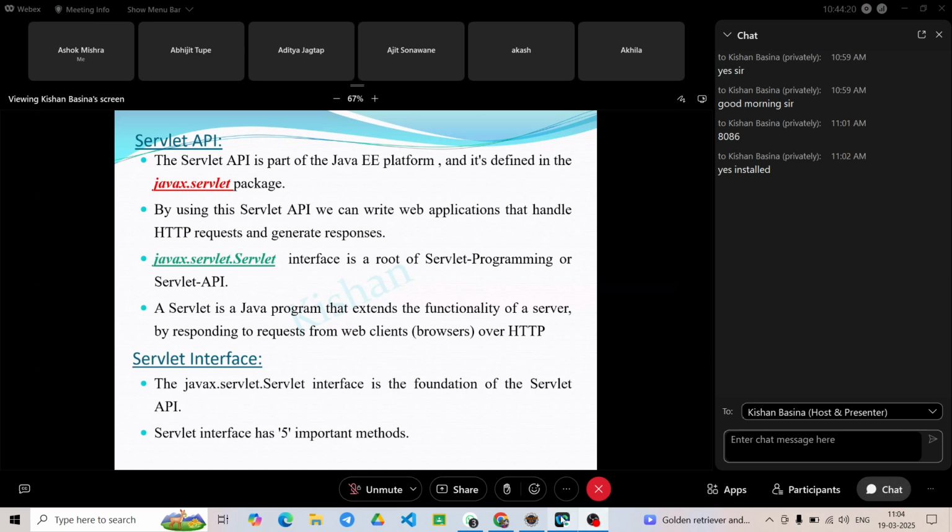Servlet API is a part of the Java EE platform. Java SE, Java EE, Java ME editions are there. Java EE means Java Enterprise Edition. Java EE platform, and it's defined